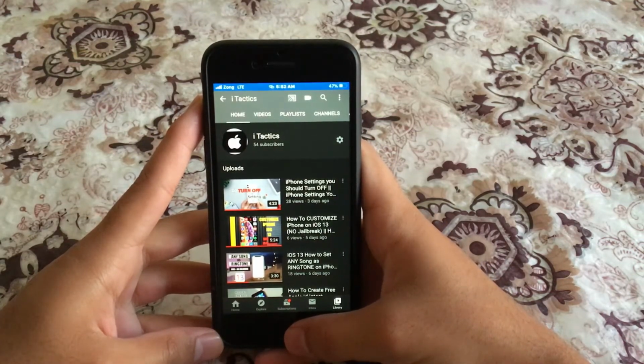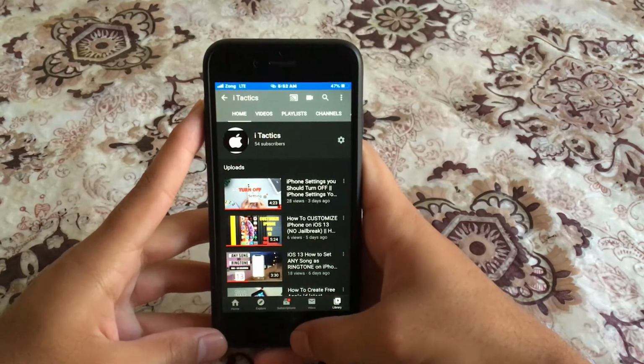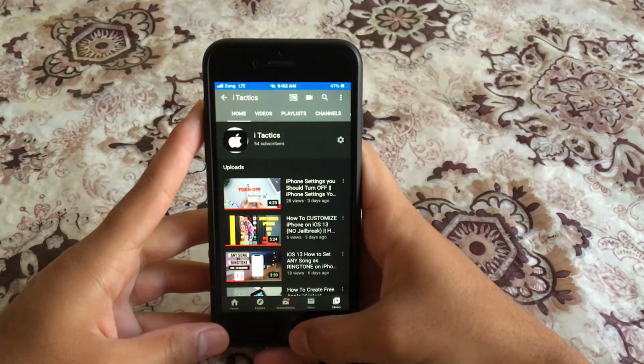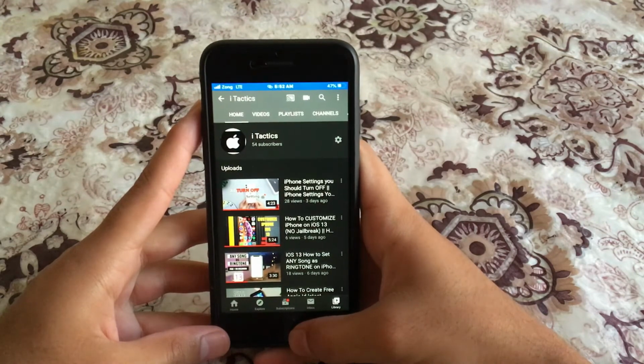Today I want to share with you guys a few iPhone settings you may want to consider turning on. Now of course these will be off by default in a lot of them. I do turn them on when I first set up my iPhones. It just gives you a better user experience. So let's begin.